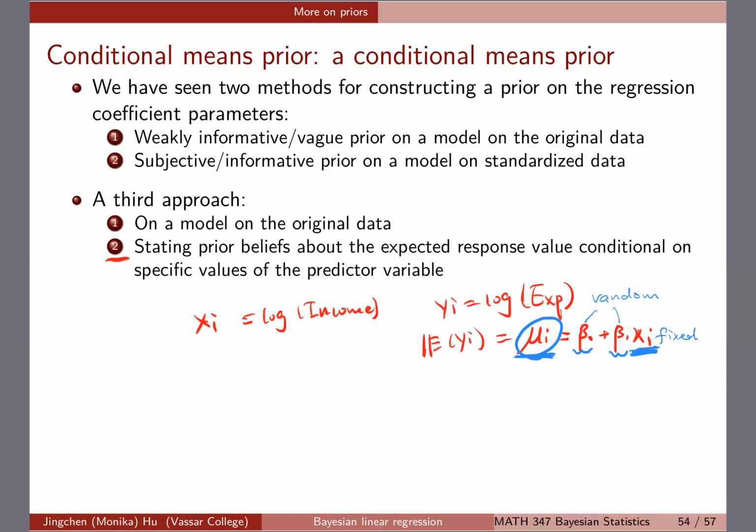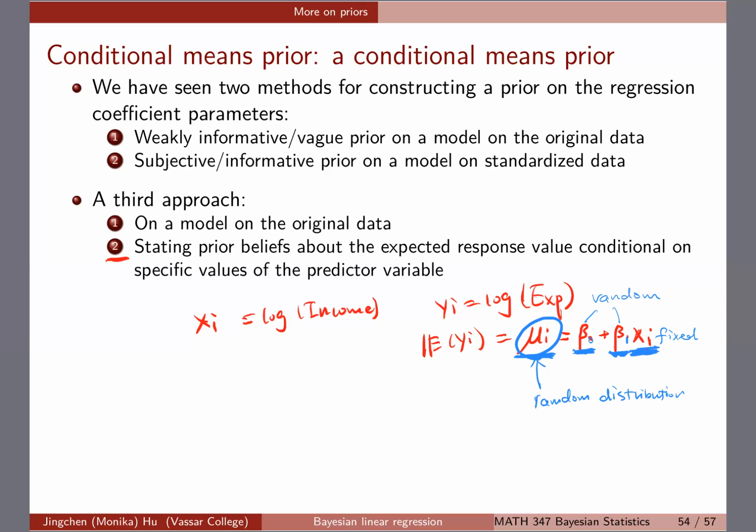What we're trying to do now is also give a random distribution for this mu i given a fixed xi value. Okay? So if I do that, I'm sort of indirectly giving a prior distribution for beta 0 and beta 1. Right? So if that is the case, and I do want to have estimation about beta 0 and beta 1,